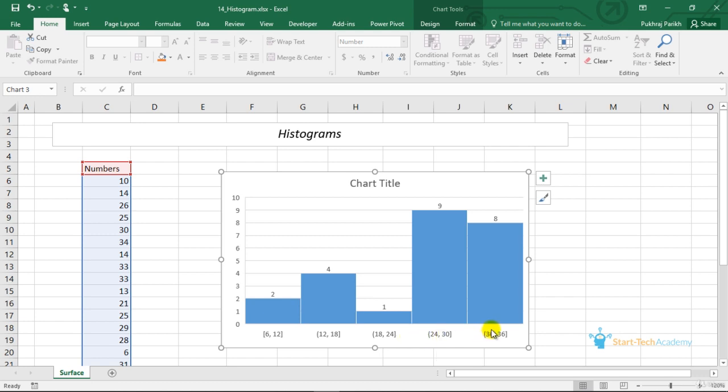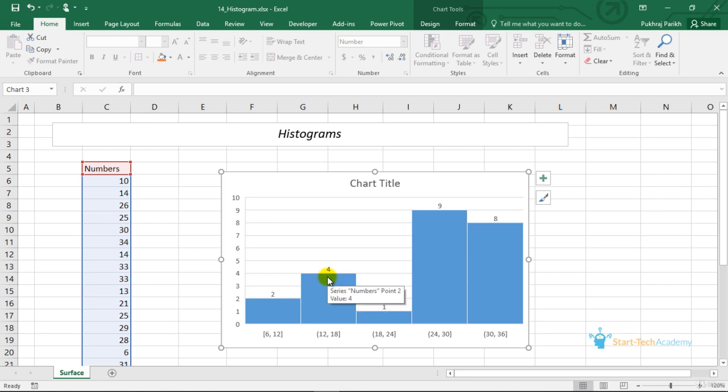So you can see for these 4 categories, the first number is not included but the second is included, but for this first category only, the first and second both are included. This is how a histogram will look.